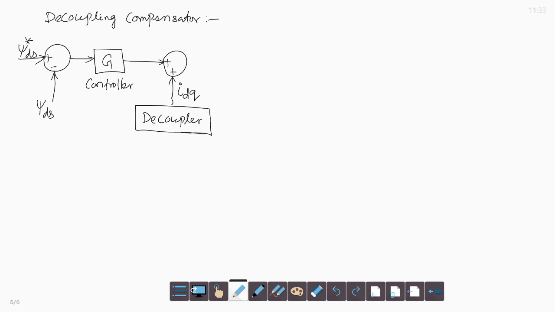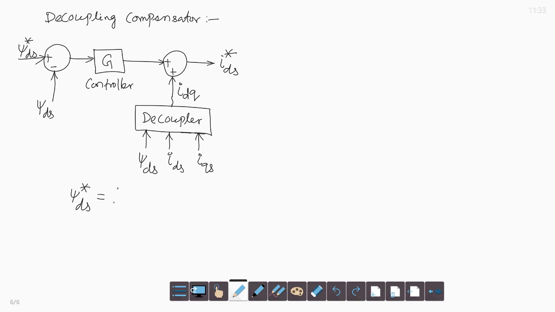This decoupler takes the stator flux and the currents IDS and IQS as inputs, and implements the equations based on the model and generates a compensating current IDQ, that is added with the controller output to get the command value of the flux component of the current, and with that psi ds star